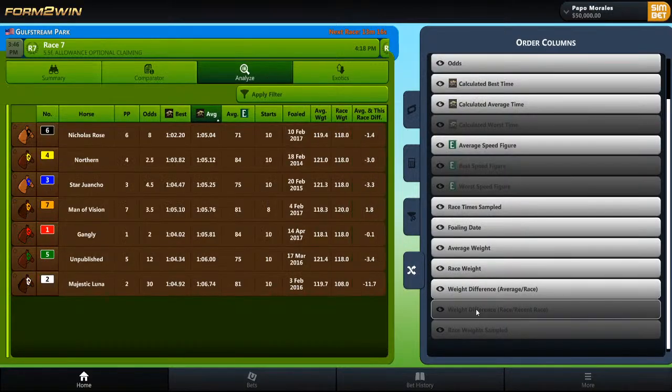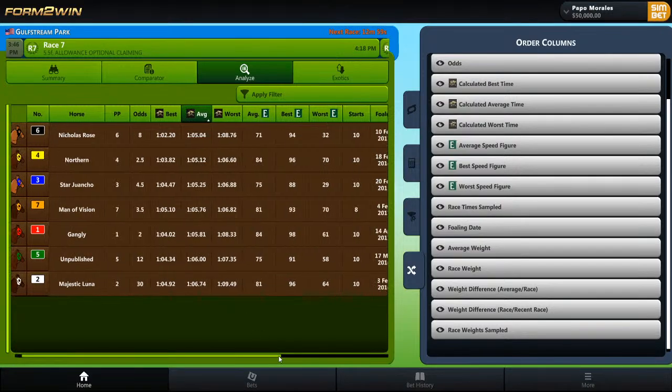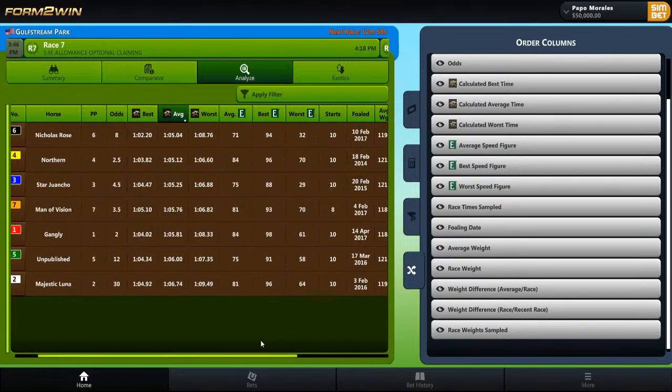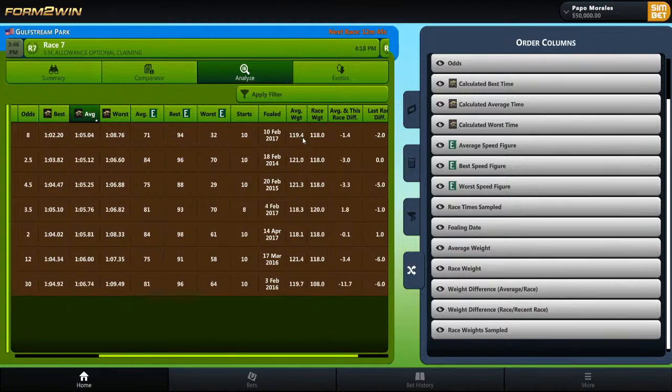And you're going to see, actually, I'll show you exactly what you're going to see. First time you log in, you're going to see all these different tabs up here. So horse's name, post position, odds, best form to win time, average form to win time, worst form to win time, average equibase speed figure, best equibase speed figure, worst, total starts. So this is important so that we know that we have a good data set to work with. The more data that you have, obviously, the better. Foal date, average weight carried, race weight for today, average weight in between this race and its last race